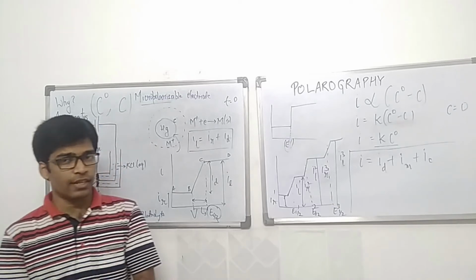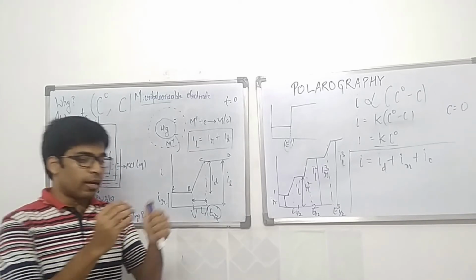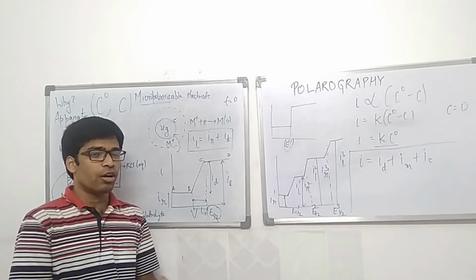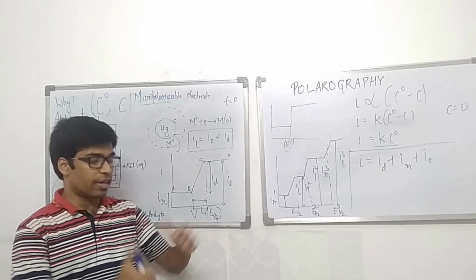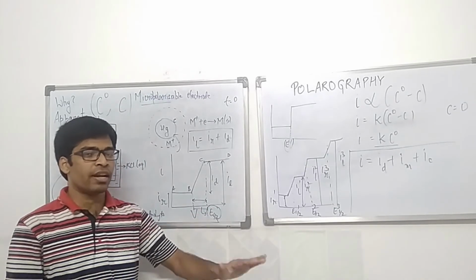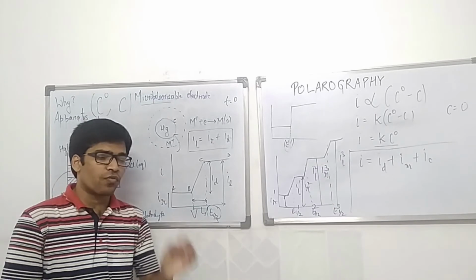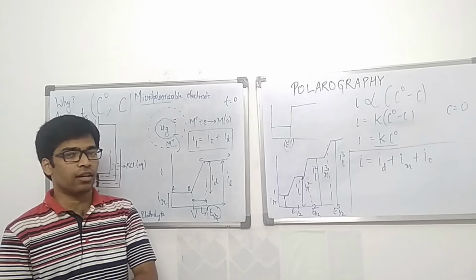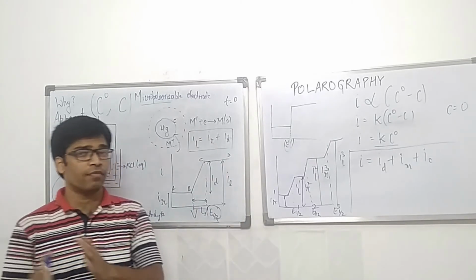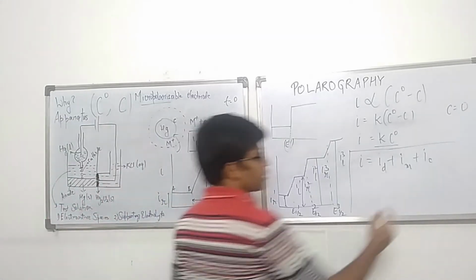And how do you decrease that? In order to decrease that, you have to keep the system undisturbed for a longer time. So let's suppose you set up the apparatus and then let it remain at rest for half an hour or so, so that you can be sure that very little motion of the ions is occurring, because of which the convection current will be very low. So this part is sorted out.